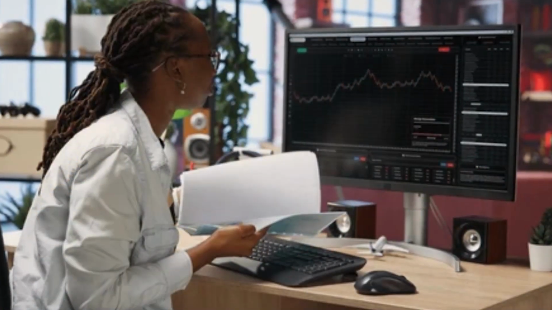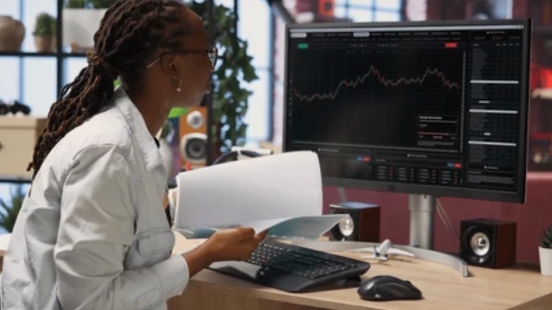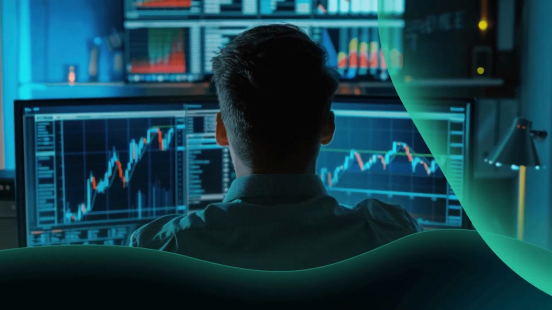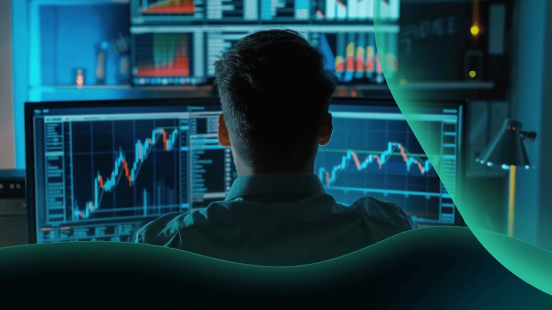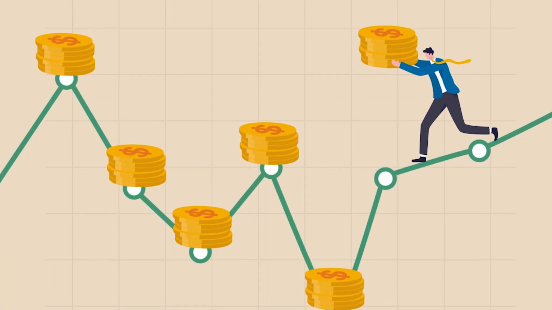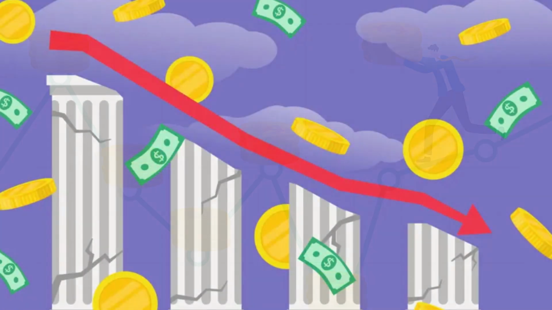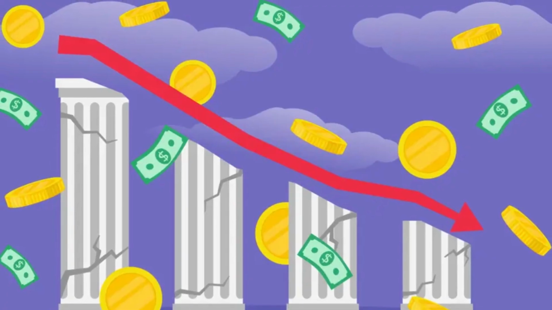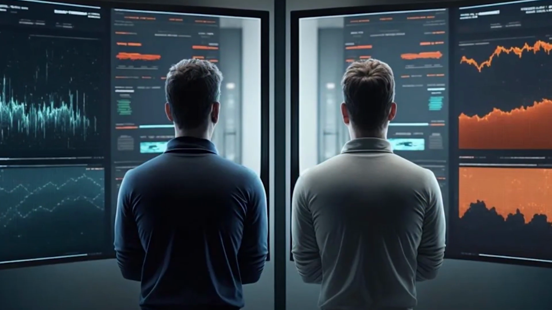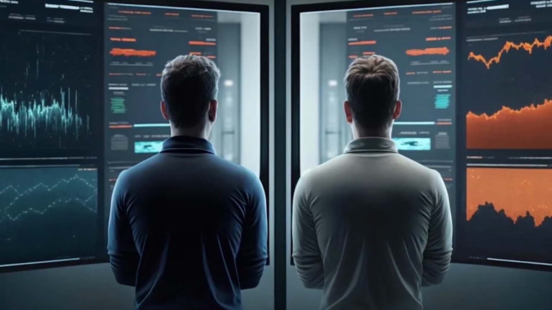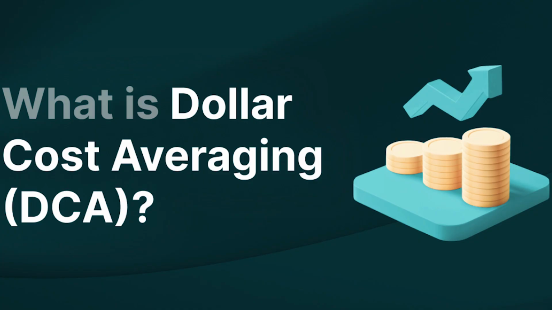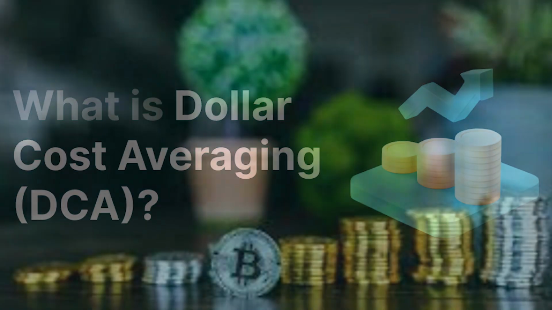Now, let's talk about some tips to get the most out of your DCA strategy. First, stay consistent. Skipping a purchase because prices are high or low defeats the purpose of averaging. Second, if you plan to hold for years, consider moving your crypto into a secure wallet, such as a hardware wallet for safekeeping. Third, review your plan periodically, maybe once or twice a year, to see if you want to adjust your intervals or amounts.